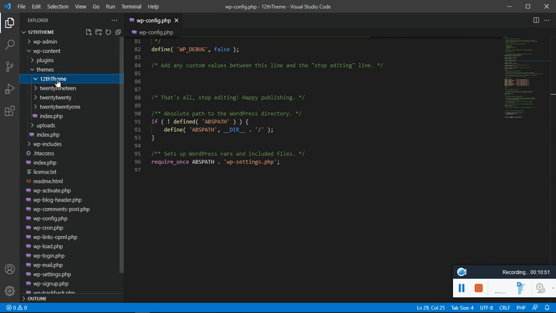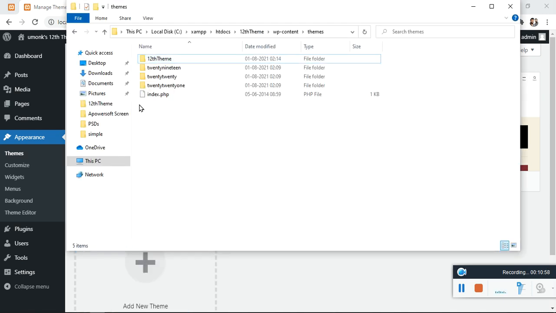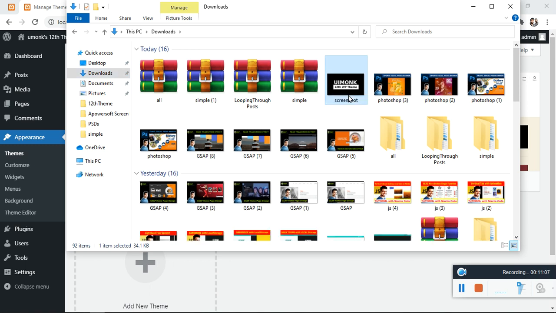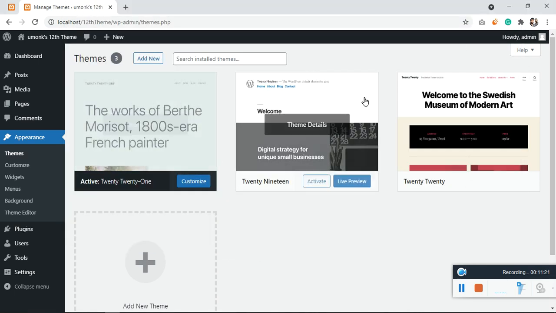Inside that, the first thing we need is we want to display our image. To display our image, we need an image in PNG format. I have already used this. You can see it's already in the PNG format, and its name should be screenshot. So on the 12th theme, we need to just have this, screenshot.png. The screenshot name in PNG format will show the images over here. You can see these are the 3 images.